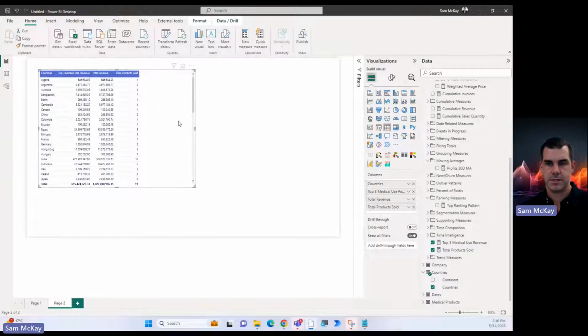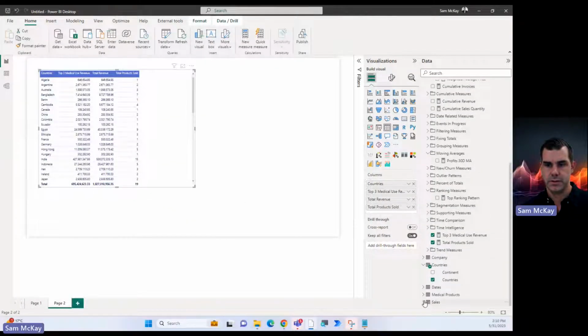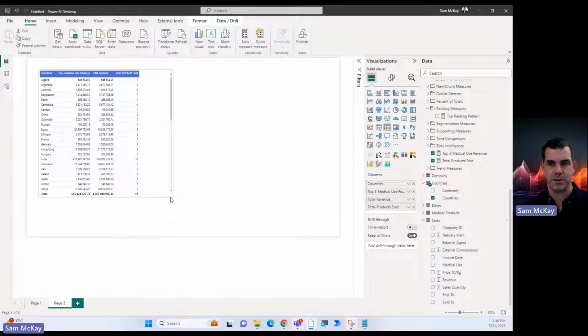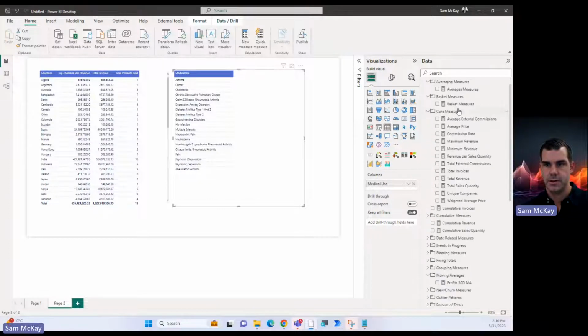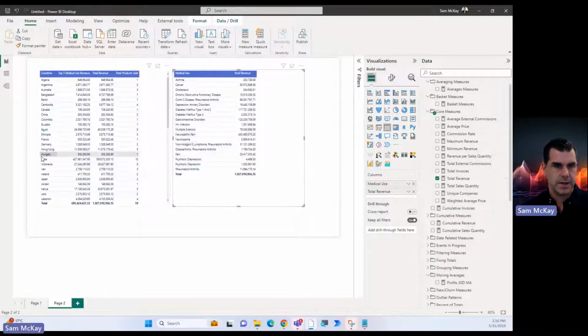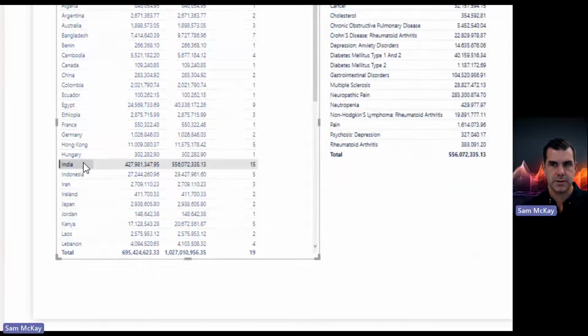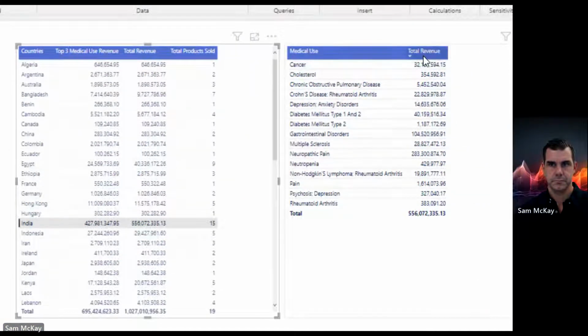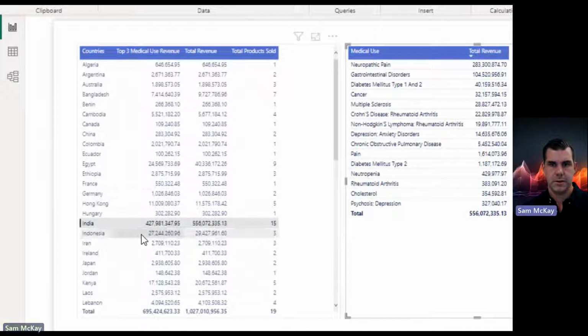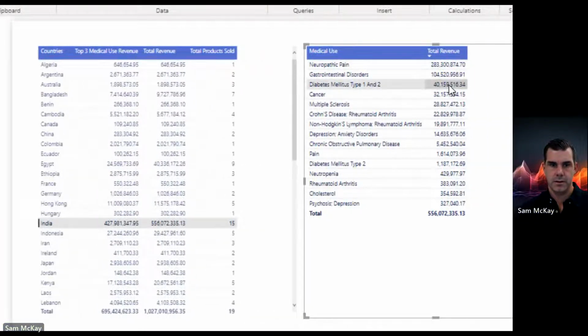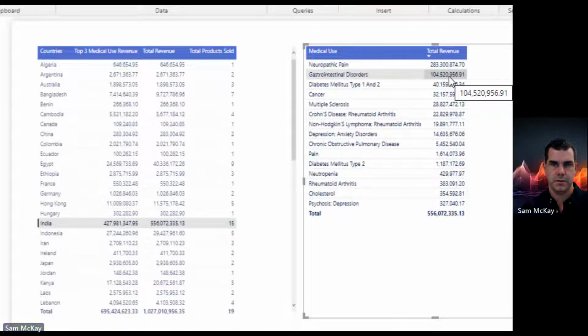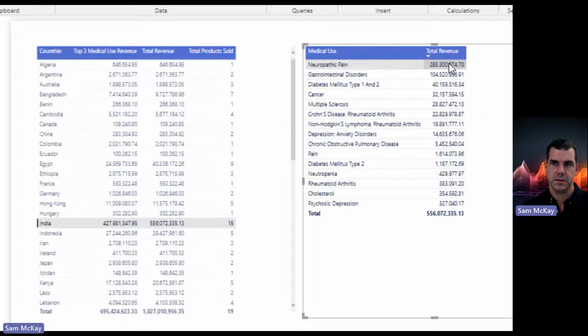You know how we could check this out? And this is really good auditing, just to make sure ChatGPT knows what it's talking about. I could go medical use, and then total revenue. To see if this one is actually correct, we could rank this instead. So the top 3, 140, yeah, looks about right. 150 plus that is 40, yeah. Okay, so top 3, yeah, it is.